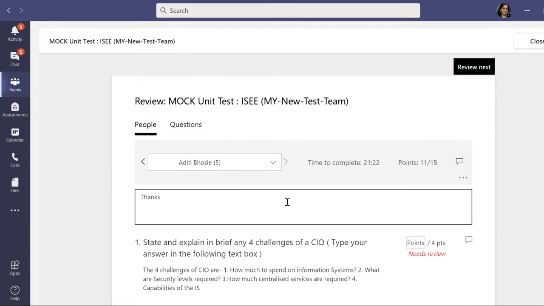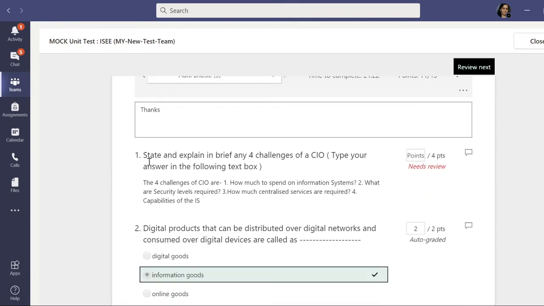So first question is a subjective type of question. State and explain in brief any four challenges of a CIO, and in bracket I have written type your answers in the following text box. So that student has typed this answer in the text box, but you can see here in red, it is written in red color that needs review.